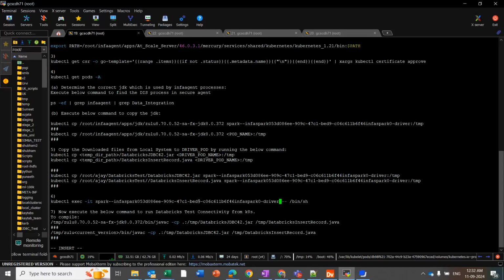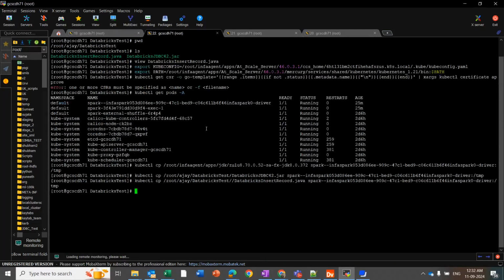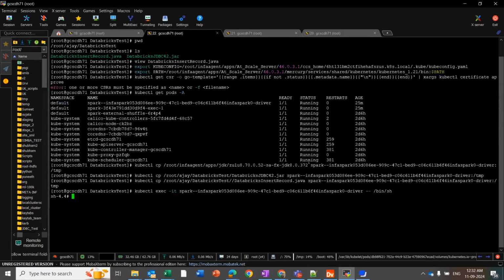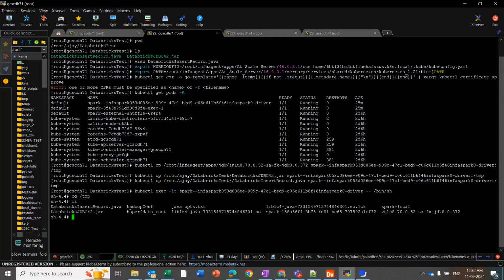Copy this command and execute it from the security machine. Once you execute, you will be logged into the shell, which means you are now logged into the Kubernetes Spark driver pod, and you can validate the files which were copied from the /tmp directory: cd /tmp, ls. So you can see the Databricks insert record.java file, the Databricks jdbc42.jar file, and the Zulu directory which you have copied